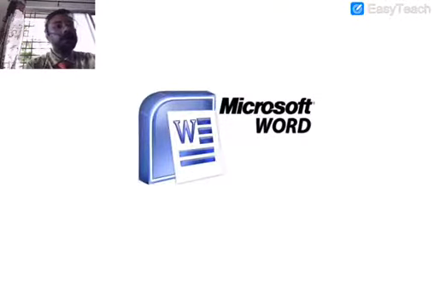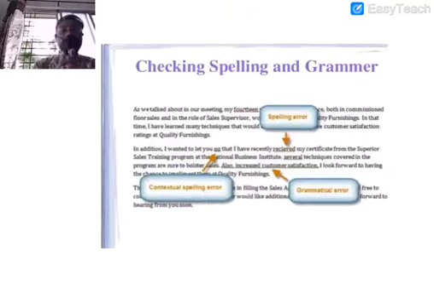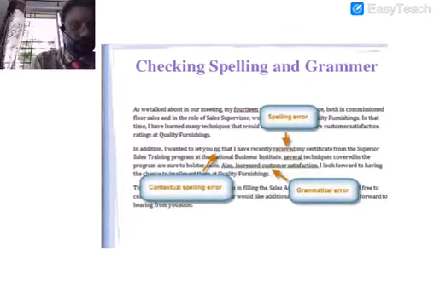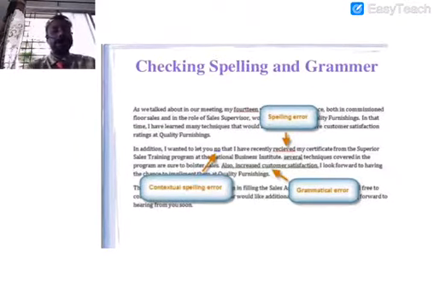So we all were studying about Microsoft Word, and today our focus will be on the discussion of session 3 and 4, alright. So we first start off with checking spelling and grammar. While typing in Microsoft Word, I believe most of us face this problem, that is when we type very fast, we make certain mistakes, okay. What are the mistakes that we make?